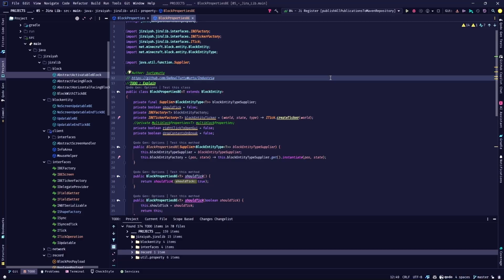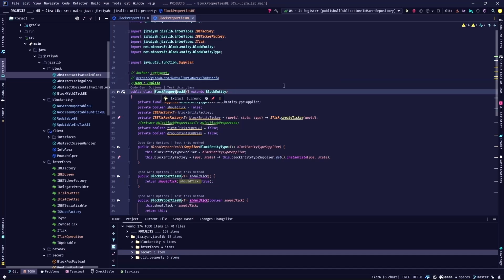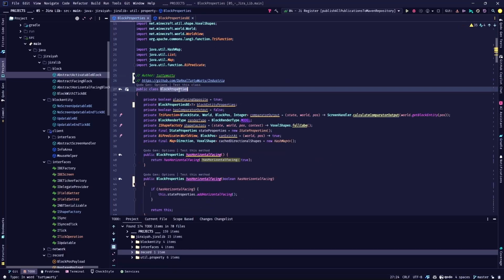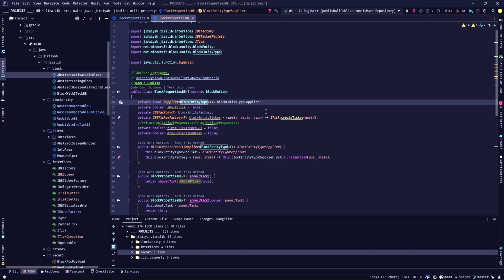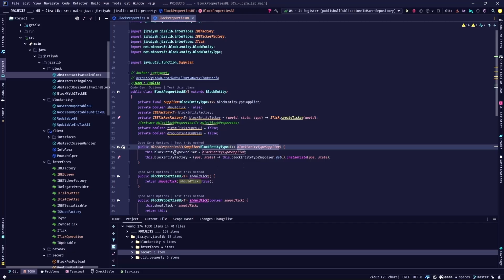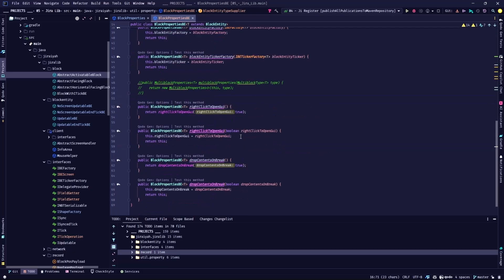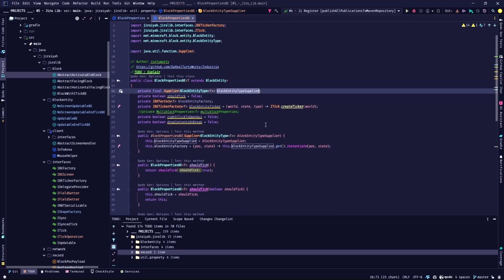Let's talk about block properties, block entity, or BE. The things that we have in this file belong to a block, but are related to a block entity. Now, here's the thing. The block properties itself is not generic, but the properties related to a block entity are generic because we want to know the type of the block entity. Now, we have a supplier of the block entity type. We want to know the block entity type. You will see that it's being used here because later we may want to somehow address it inside our block